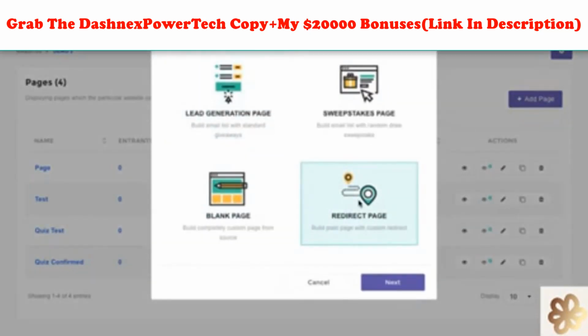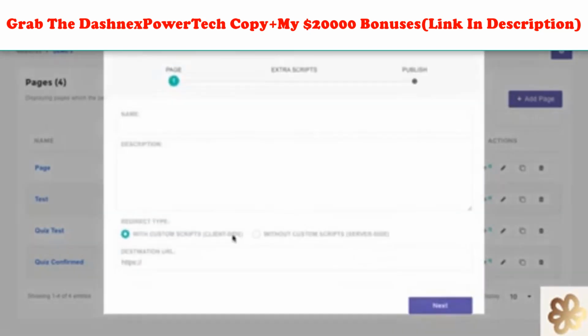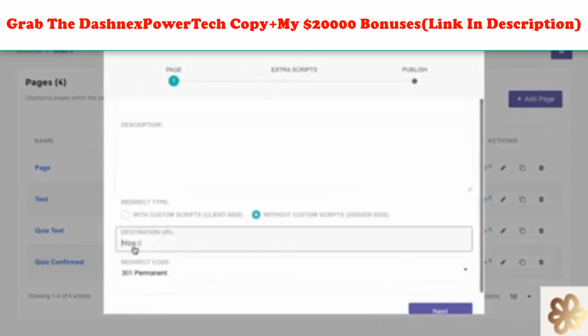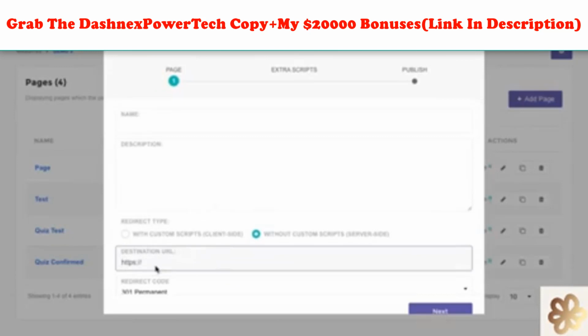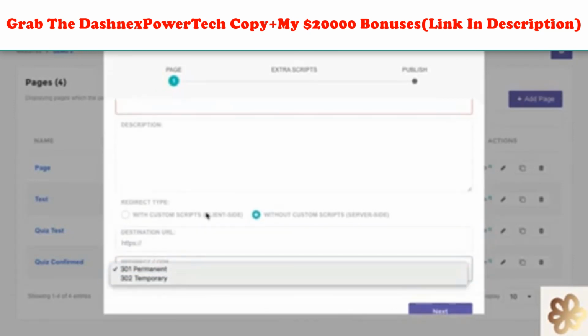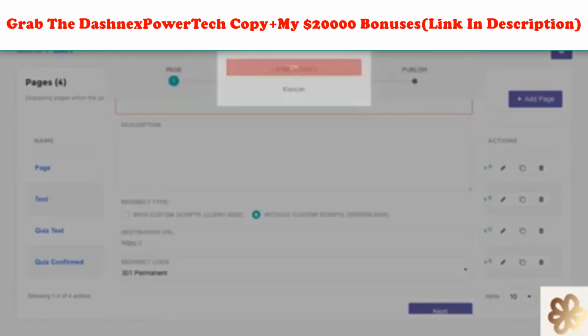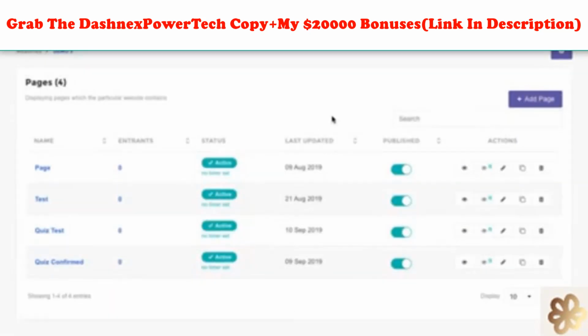And redirect is something that's really necessary, and most platforms don't really support it. If you buy a domain name and you have an affiliate link, you want to have that affiliate link cloaked with your own domain, right? And for that, we have the redirect page. So you just copy and paste your destination URL, for example, a ClickBank link or whatever the link is, and you just set up the redirect, right? And it's going to be with your own domain. And that's the beautiful thing, right? So it's a very simple solution,